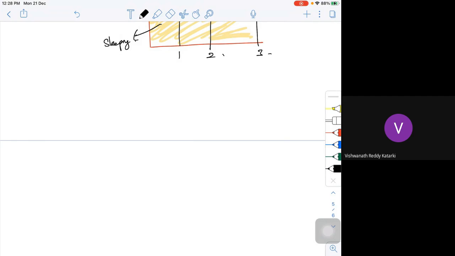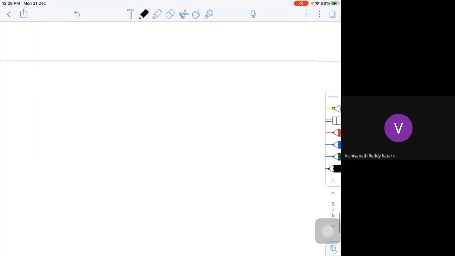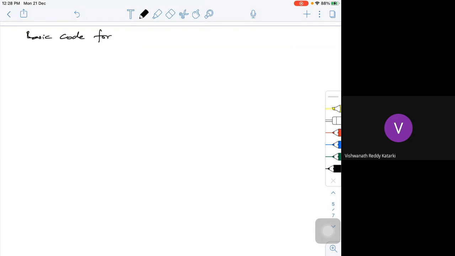I want to go for a simple plot, a simple basic code. Let's look at the simple basic code to get some kind of plot. Let me plot a simple thing, so that's basic for us.